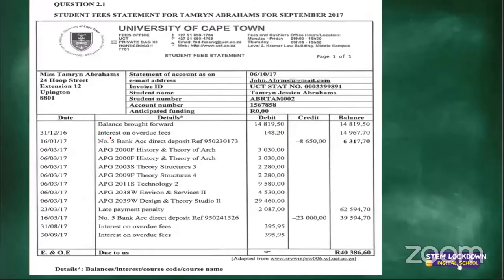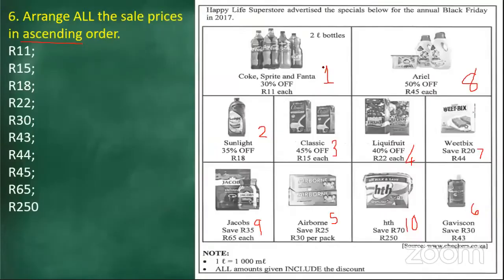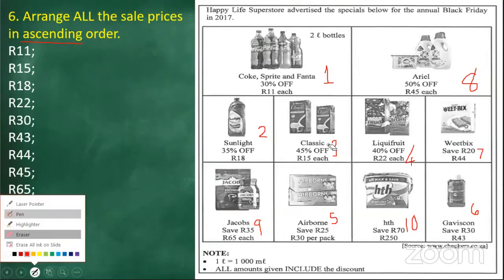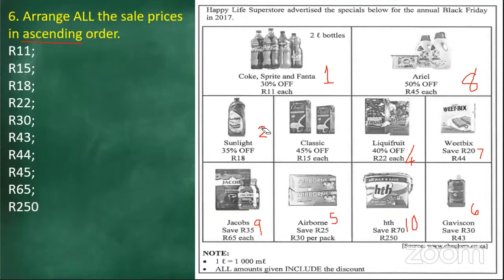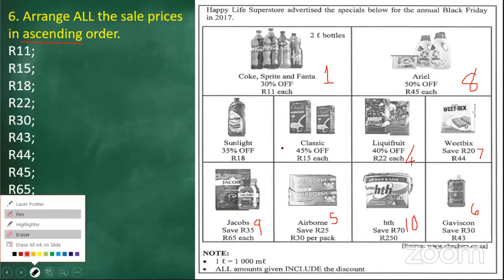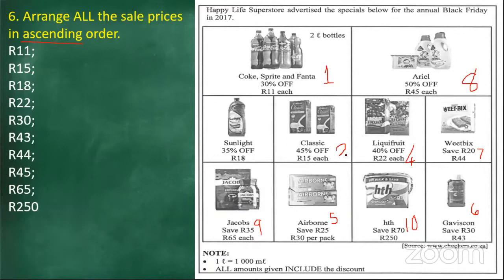And then moving on to question 2.1. This one you will remember from when we covered, what's the section? The financial documents and, okay, let me go back. What did I do wrong now? I didn't notice. I'm so sorry. Where is my highlighter eraser here? Yeah, I'm sorry I missed that. Thank you for the note there. This one is number 2, the 15 rand one. And this one is the one that's number 3.